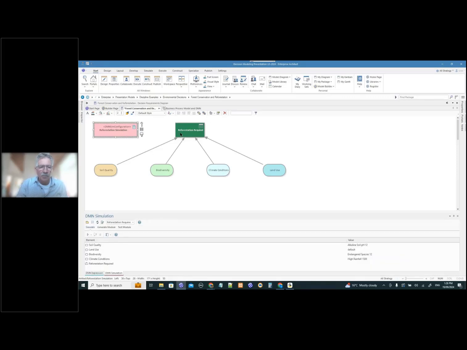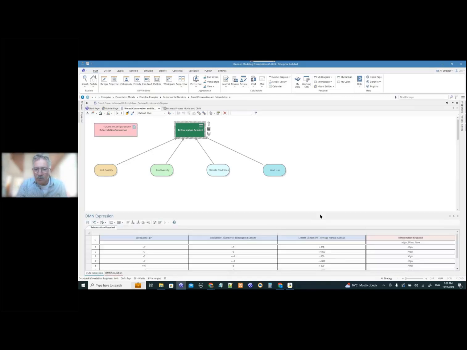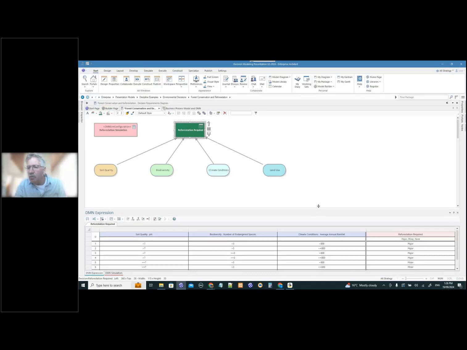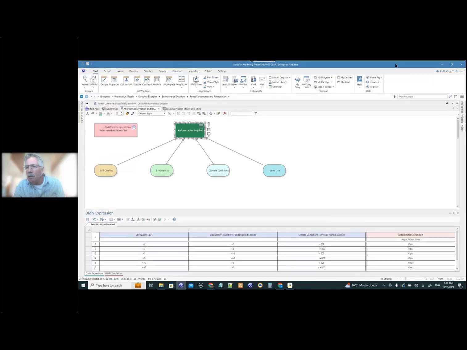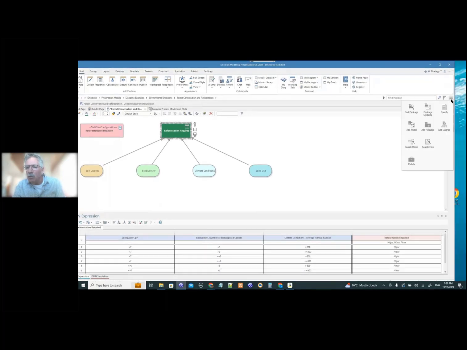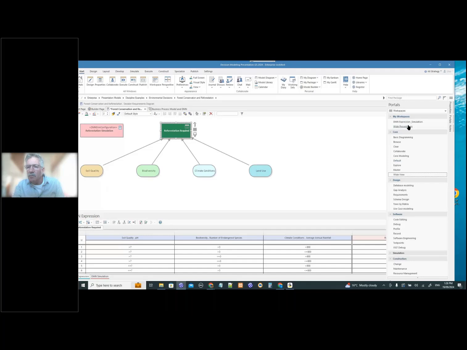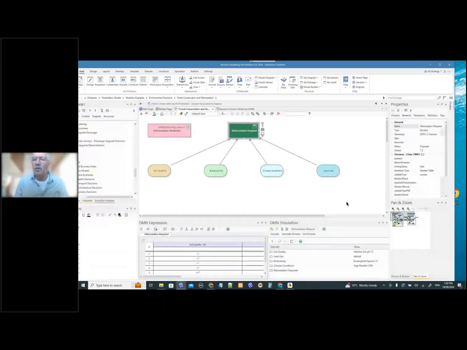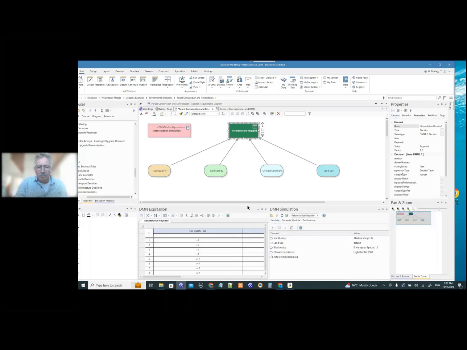Let me just get this one back again, and I'll just readjust some windows there. I might see if my portal, where's my portal window? Portals, and I'll go into decision simulation. Okay, so I'm using the portals there with a workspace that I've got defined, and here I've got some things going on with